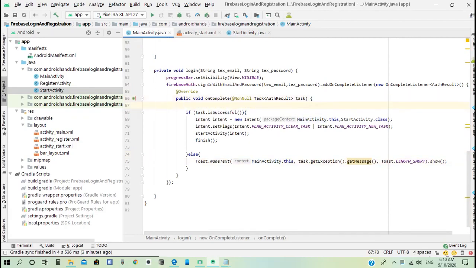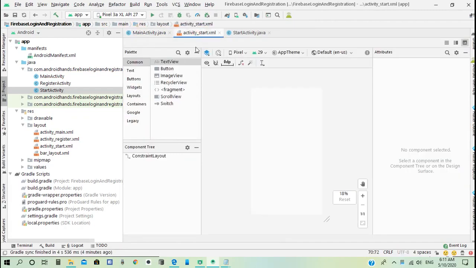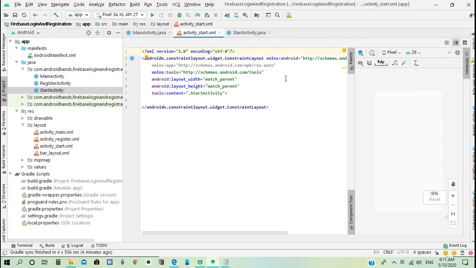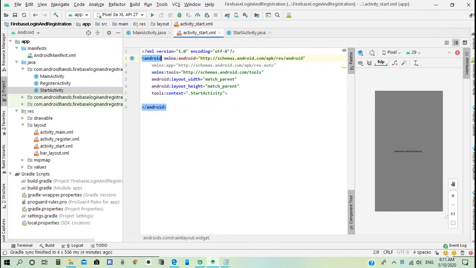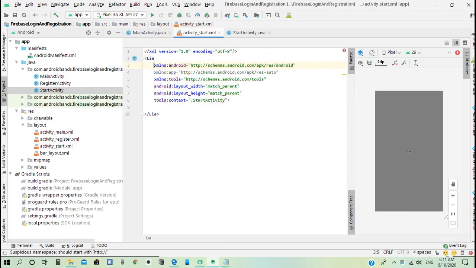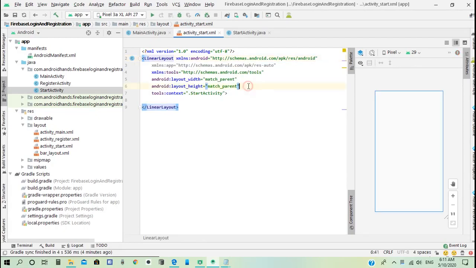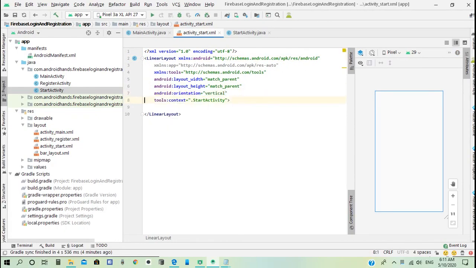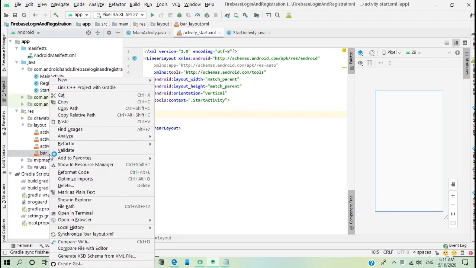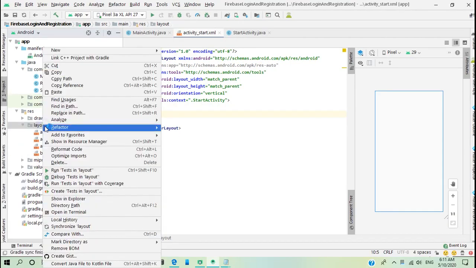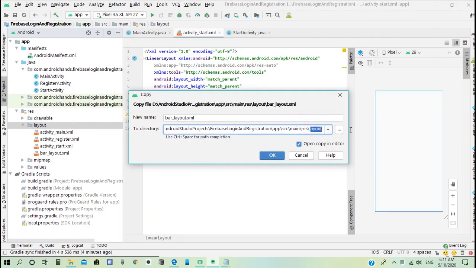After login, we need to stop progress bar. Go to start activity XML file and change constraint layout to linear layout with orientation vertical. We need to add profile bar layout. So we need to copy this bar layout here and paste it in layout, but make sure that in layout